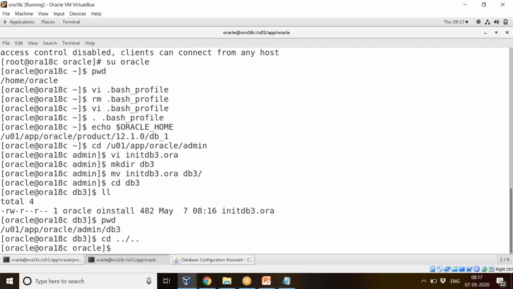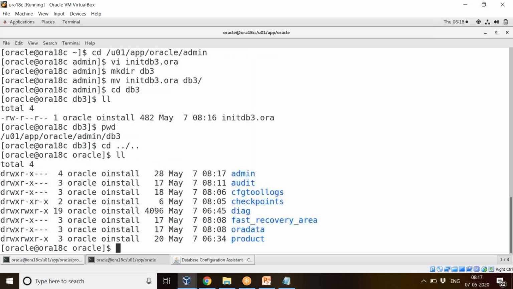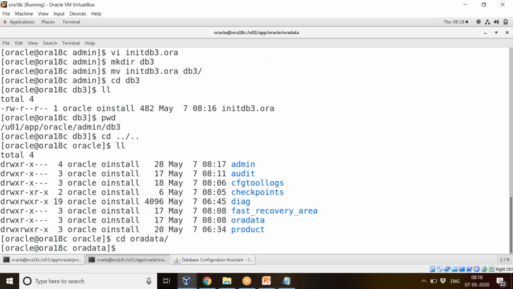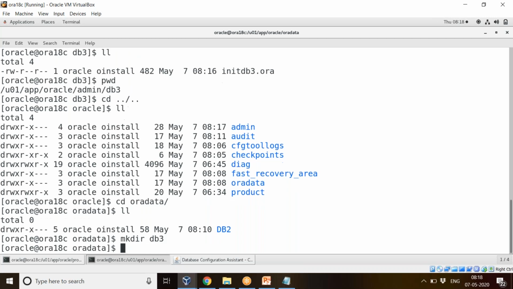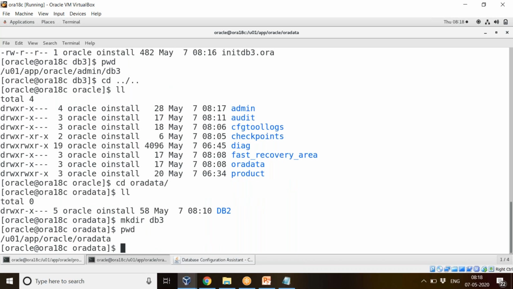So two paths earlier I'm going. Okay. So now you check here, you have Oradata here. You can create the directory called db3 here.